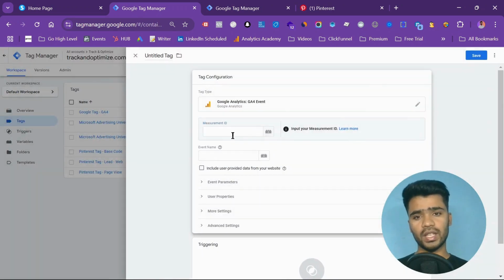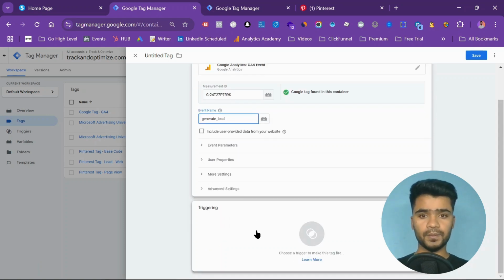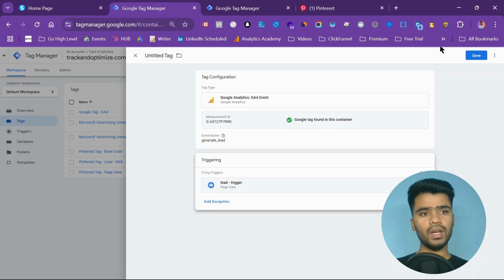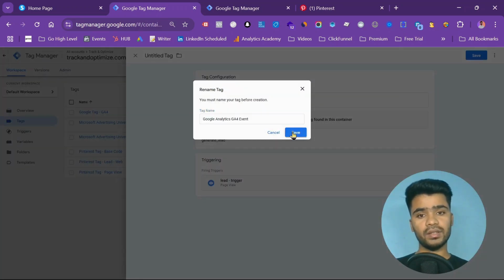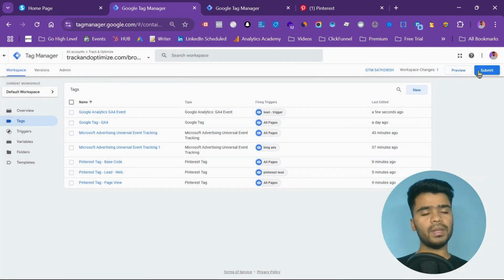You first need to get the measurement ID from your GA4 and name the event generate_lead, and I already created the trigger. So you see, lead trigger. Save it